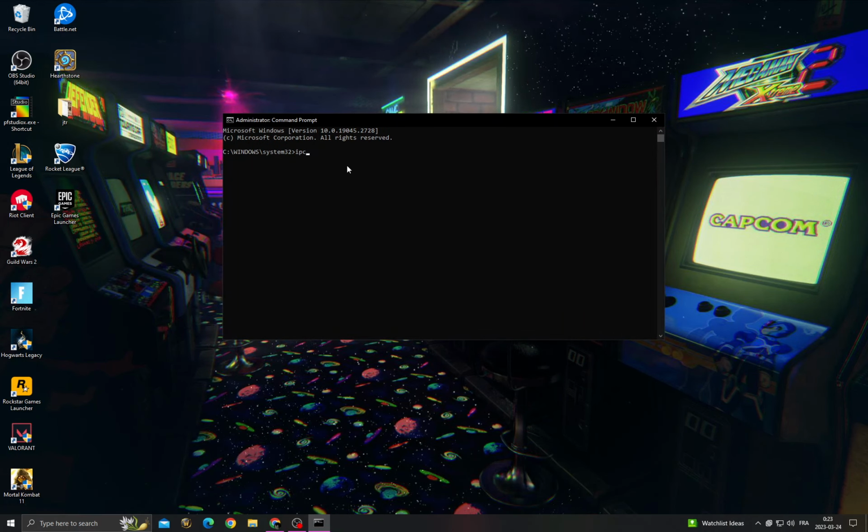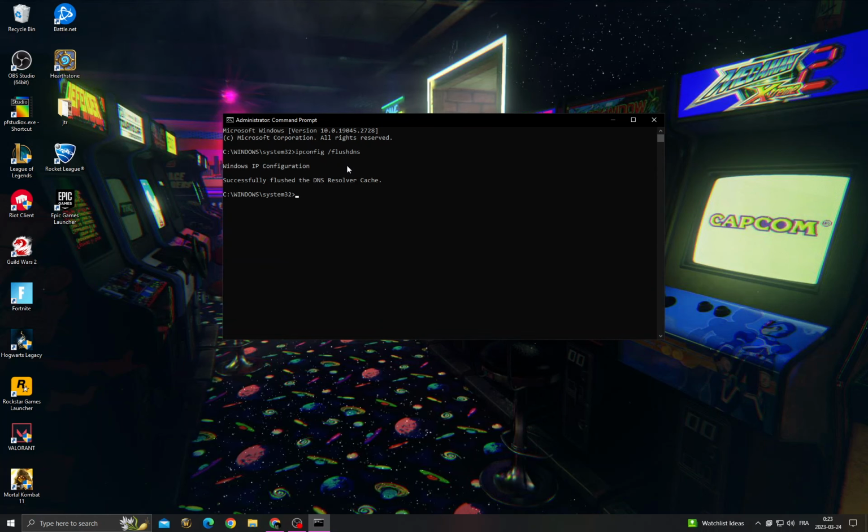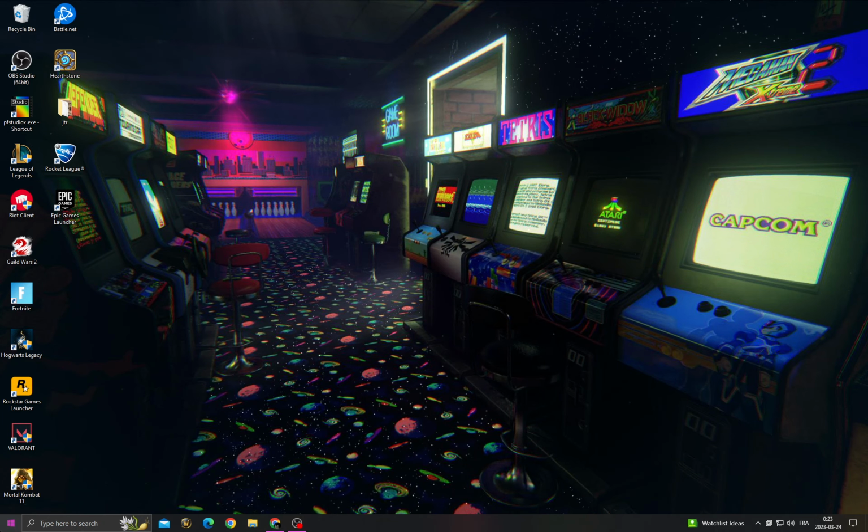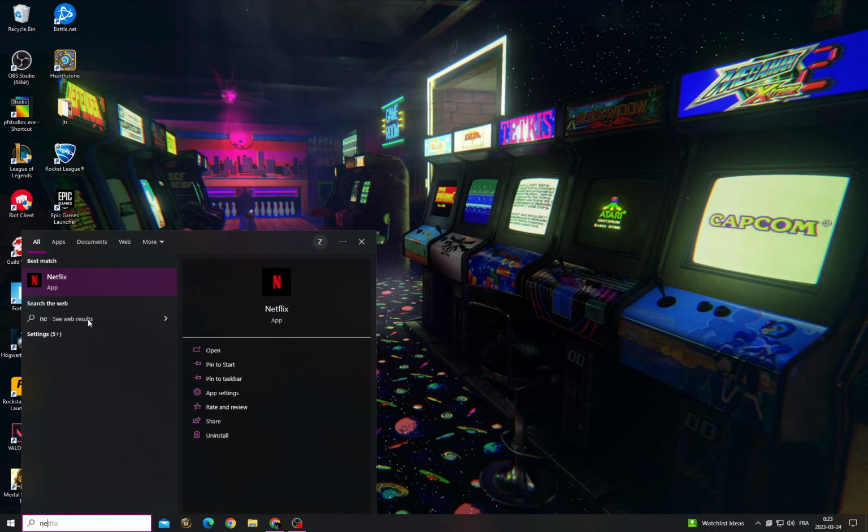Now type here ipconfig /flushdns, click enter and then type netsh winsock reset, and after that, as you see here, you need to restart your PC. So just restart your PC, and after starting your PC, type here network,